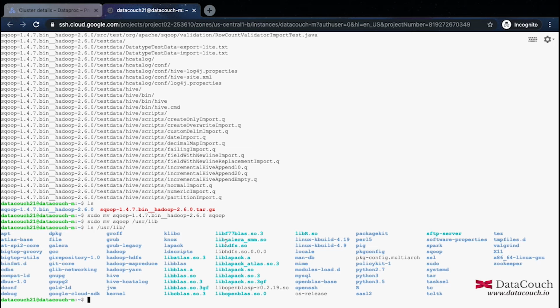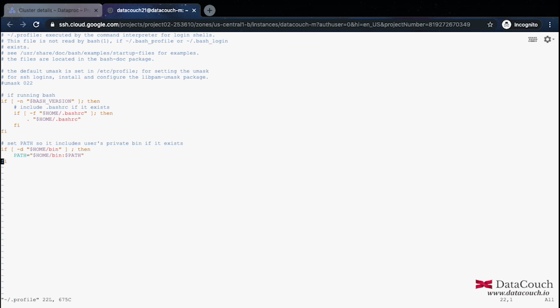I'm making one change here in the configuration file so that sqoop is identified as a valid command in the terminal. In order to do that, I will be changing my profile file. I'll be doing cd, and I will be making a change here. Instead of cd, I can just directly do vi, that will be better. So let's do vi here. I'm changing the user profile, and here I'm inserting two export statements.